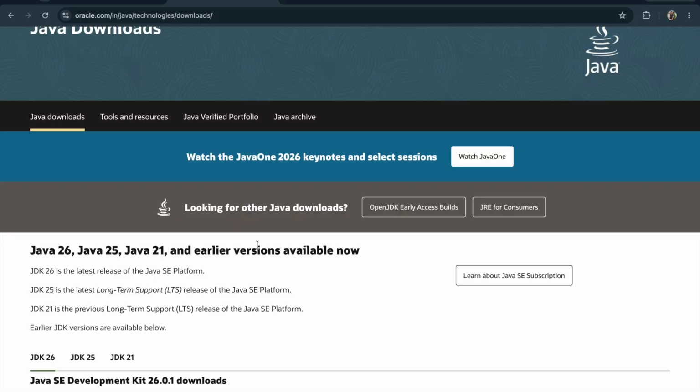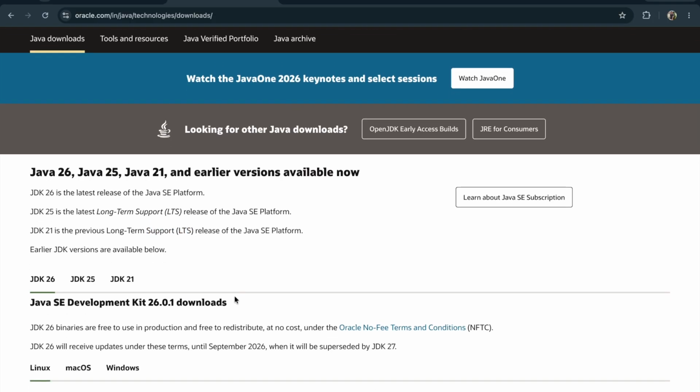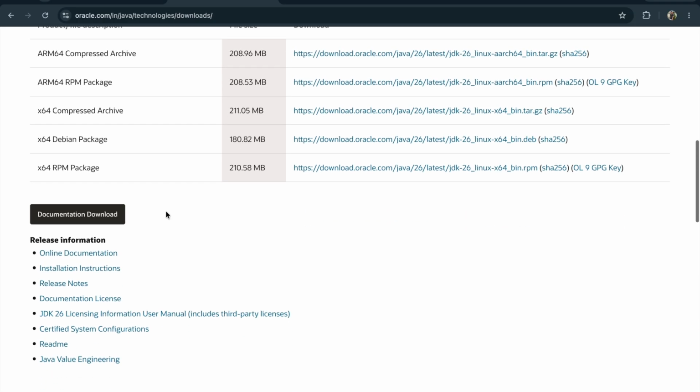Here there is a list of Java versions which is 26, 25, 21, and 25 and 21 have long-term support, which means that they will be in use for a longer period. So for safe purposes you can download long-term support, but as we are just beginners we don't need this long-term support and all. Simply we can download this 26 version too. So for this